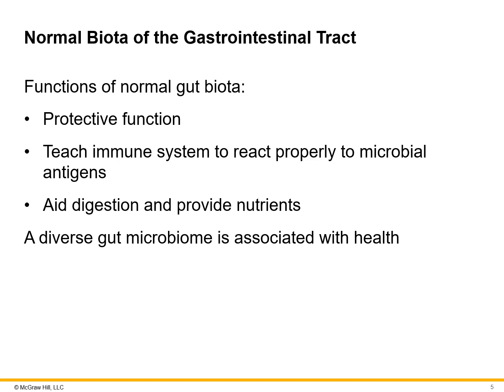And then just a little bit more here about the functions of that, because there are so many, especially in the large intestine. They do have a protective function, that antagonism, in that it prevents pathogens from attaching, and it uses up resources. But also it's important in teaching the immune system to react to normal versus pathogenic, because again, there are so many good bacteria there. It trains our immune system to be like, oh, this is a good one, and this is a bad one. So it helps with that. And then also very important, especially whenever we talk about animals like cows, but for us as well, those microbes help with digestion and they provide nutrients.